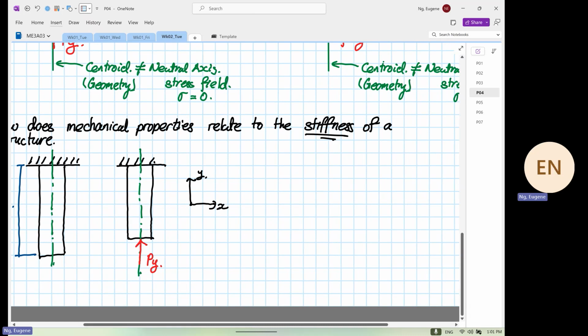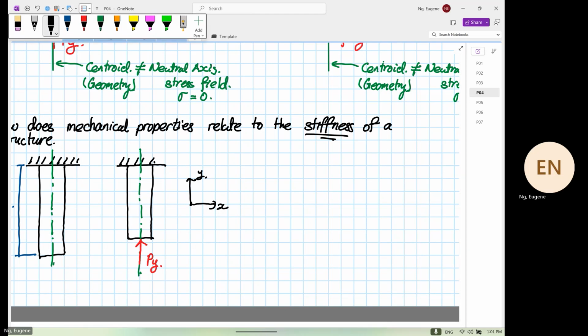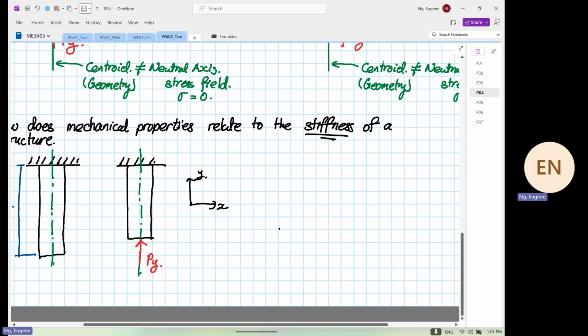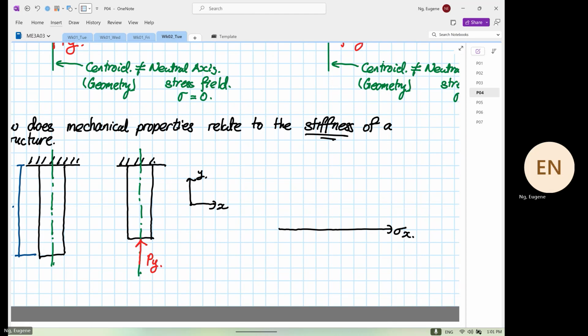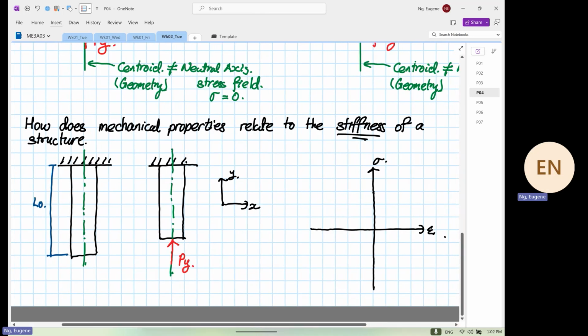What you see when you plot this out, you'll see now if we plot our stress strain curve out, oh no, stress strain curve. Right? And then over here, back to the diagram,